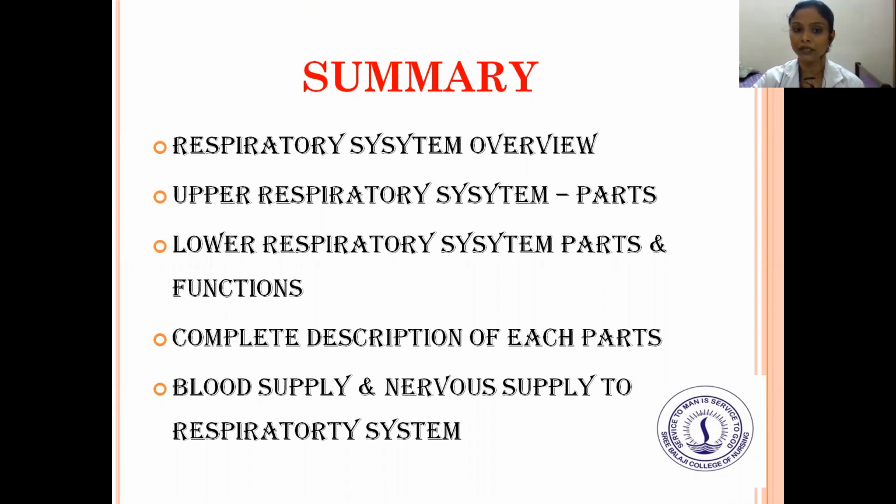So coming to the summary, so far we have seen the respiratory system, the complete explanation about the respiratory system, that is the upper respiratory system and the lower respiratory system. The upper respiratory system parts, the lower respiratory system parts, and the complete description about each part, and then the blood